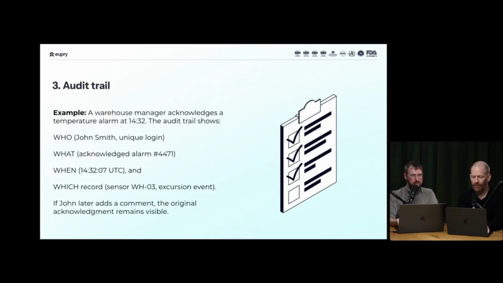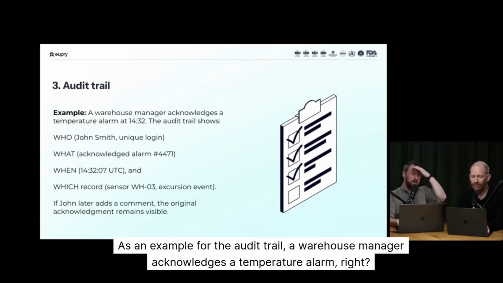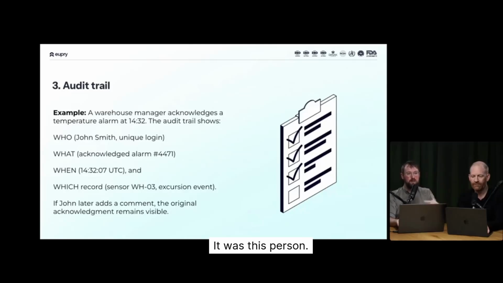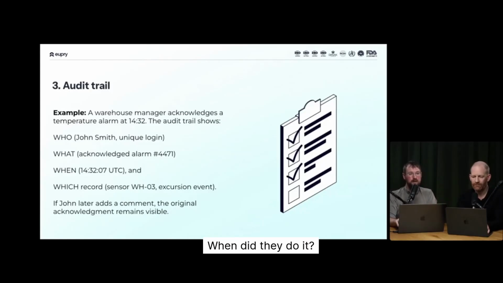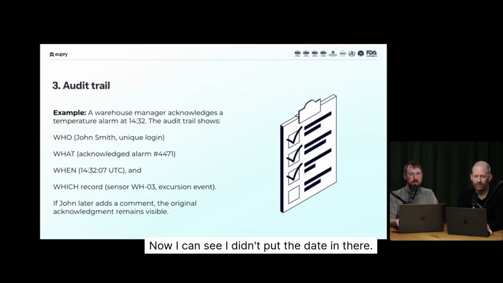Yeah. As an example for the audit trail, a warehouse manager acknowledges a temperature alarm, right? So who was it? It was this person. What they acknowledged, an alarm, and which specific record was it? When did they do it? And which sensor was it related to? Now I can see I didn't put the date in there. So you caught me on my first deviation here, but